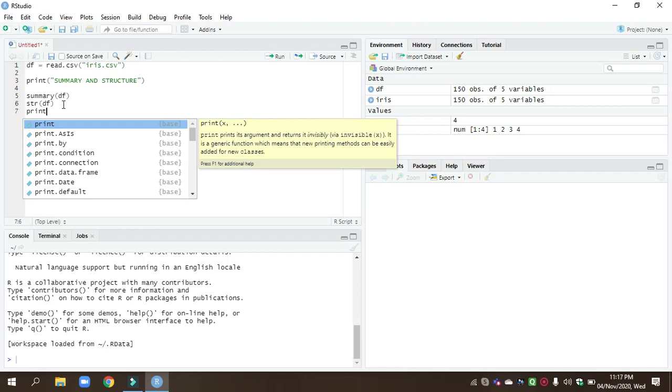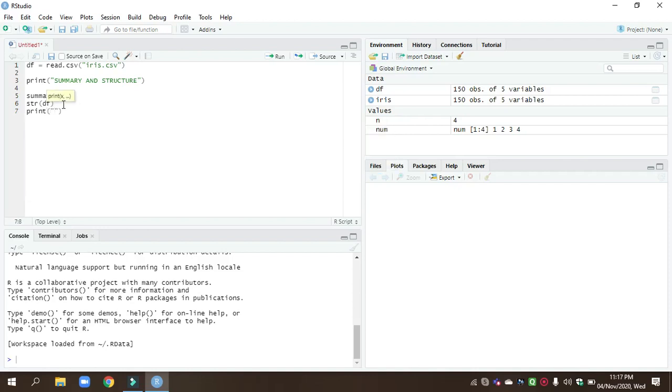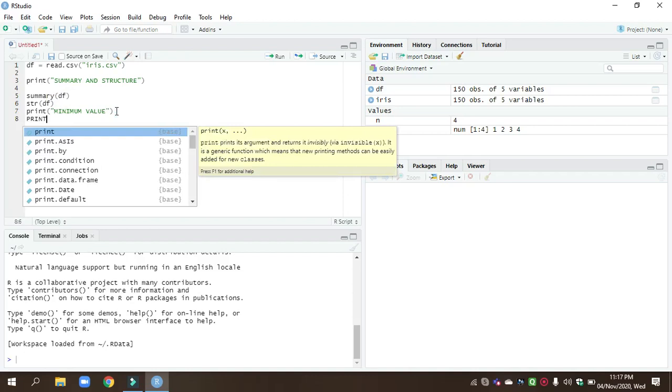So we'll start writing for this one. Minimum value, print.